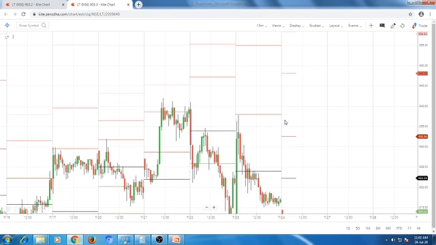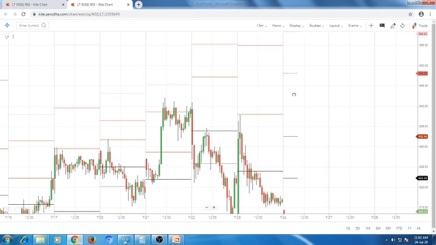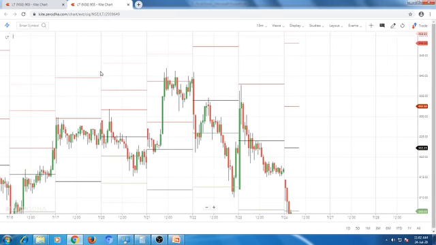I'm using the Zerodha platform and I have already plotted the pivot point on the chart. This is the chart for L&T for a time duration of 15 minutes. Here in the center you can see the black color line, which is called the pivot point. On top you will find resistance 1, R1, and if you go up there will be R2 also. Similarly, if you go down you will find the green color line, which is called support 1. Below there will be S2 also.